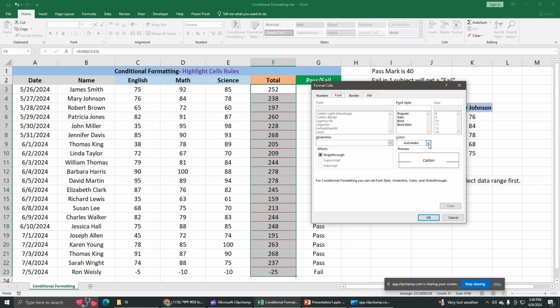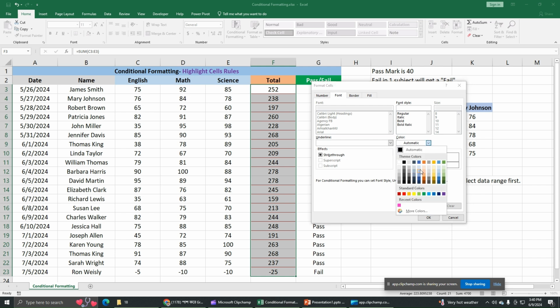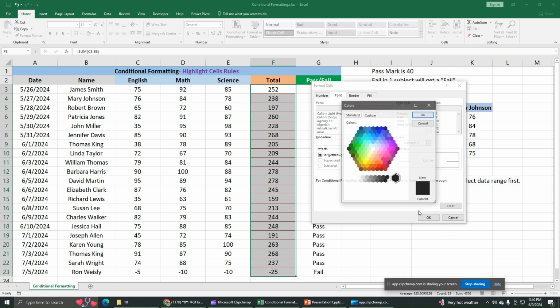Okay, from here you can select the color, and if you don't want color from here, you can also choose color from this option. If you want this color, select and click OK, and this will be selected. You can also create your own color from here by selecting, or you can give your own color code. If you have, you can input them and click OK. That color will be applied. Okay,